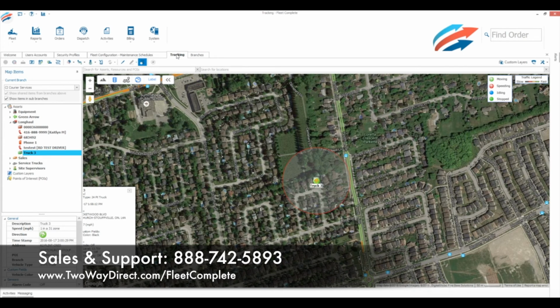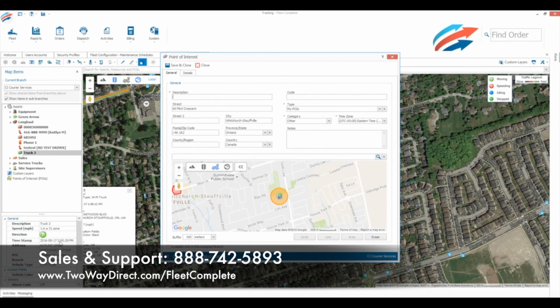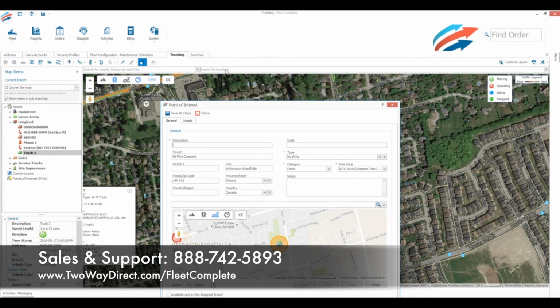So back to the tracking screen. We're going to now look at Add POI here. Now, this option creates a POI based on the current location of the asset. It opens the shortcut screen to the configuration side, which we did look at earlier. Now, the other option is to create a POI directly from the tracking screen. So you can search for an address using your location search bar, just above the map, or you can right-click on a location and select Add POI here to open the same